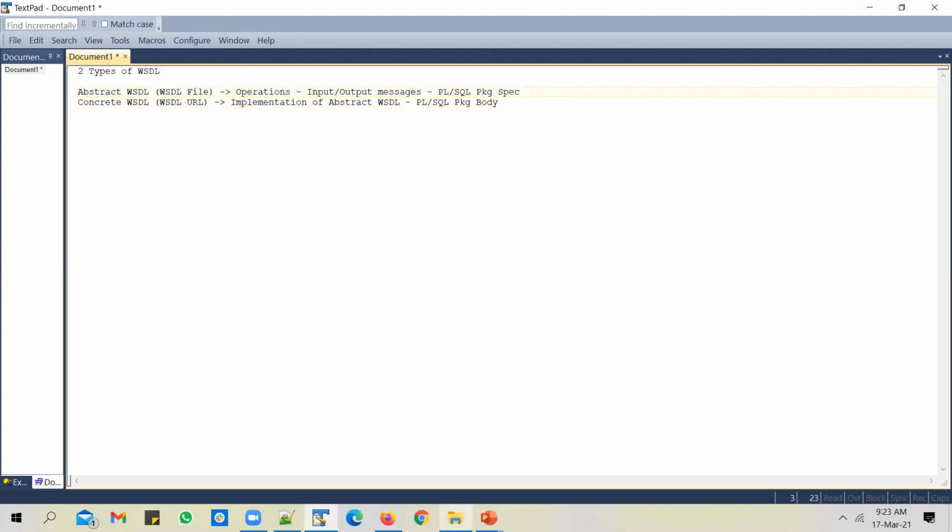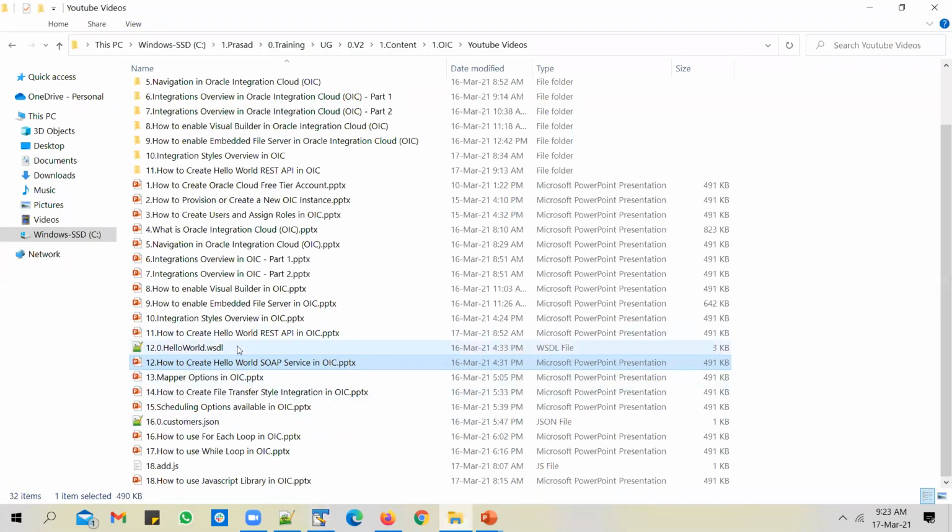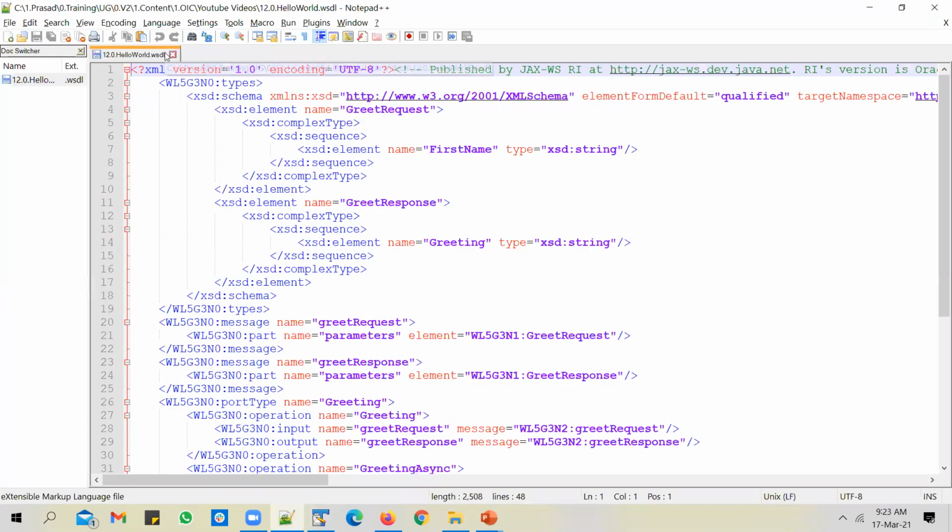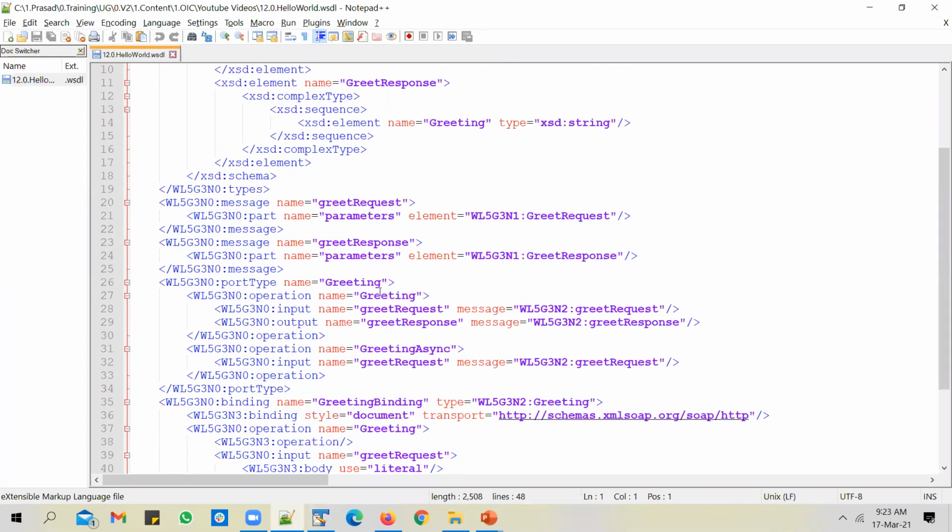And let me show you the WSDL file that I'm going to use in this video. It's a hello world WSDL file, and it just has one operation called greeting, and it takes in a request and sends you back a response. And what does it take in as a request? For every operation, you can attach a message to input and outputs.